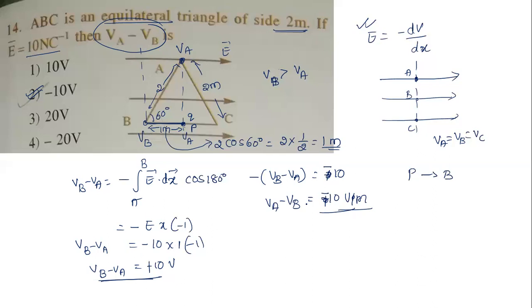Sir, when to take positive, when to take negative? You should always take it like this. You assume that the difference of higher potential minus lower potential is equal to negative of E times d. Where you are doing this, you need to look at the angle. But imagine that when we take a charge and move from lower potential to higher potential, according to the direction of the electric field, you will get the answer. So here 10 also is there, but the answer is what now? Minus 10. Okay, yeah. Look at the next question now.